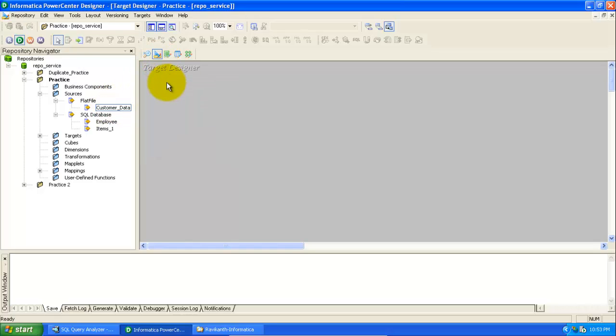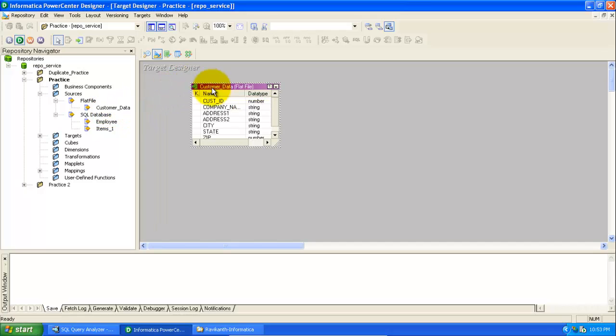Now go to target designer. What is the target? The target table also resembles the source definition table. So drag the source definition and drop it into the target designer. This is my target designer.